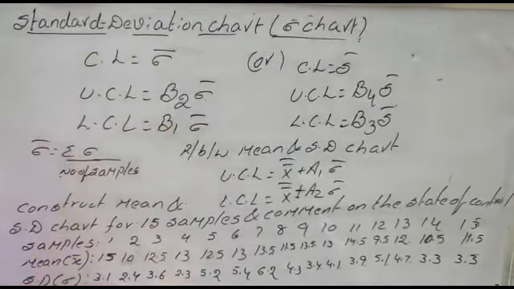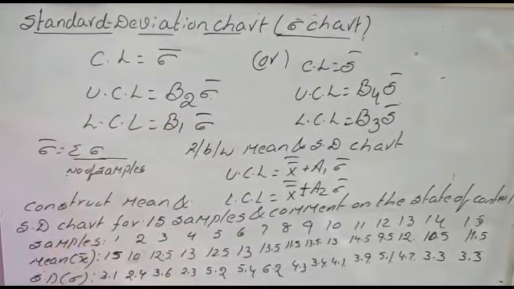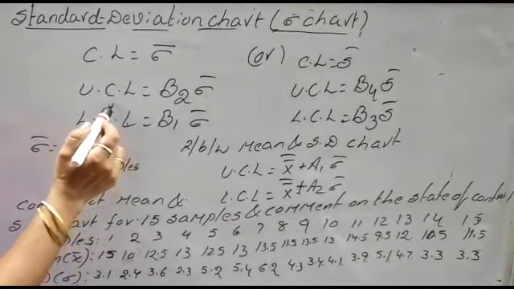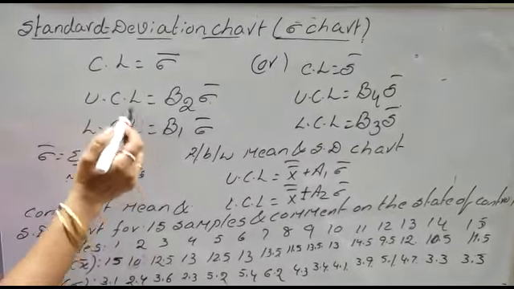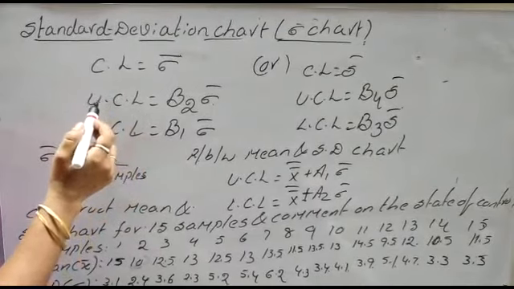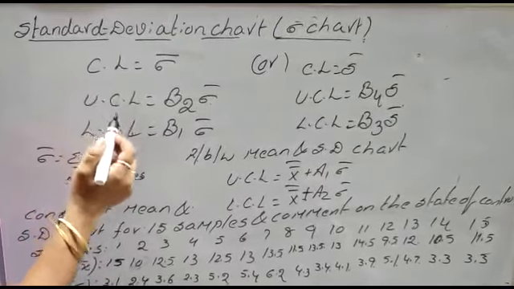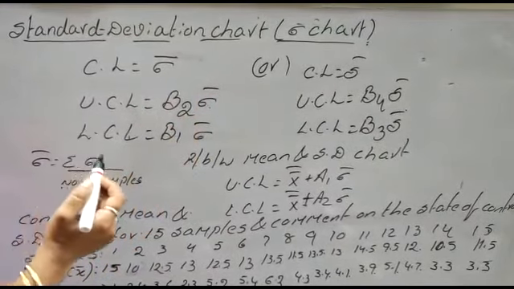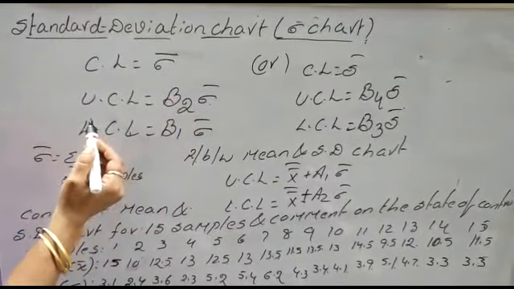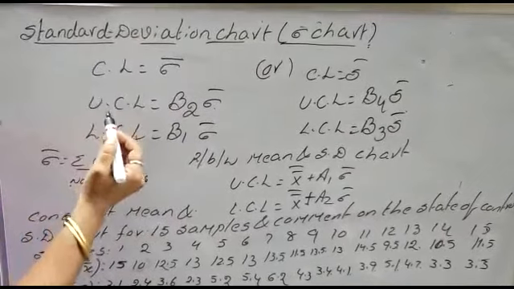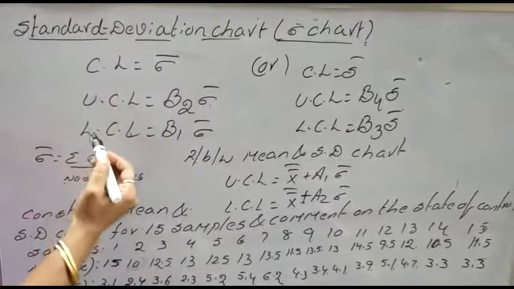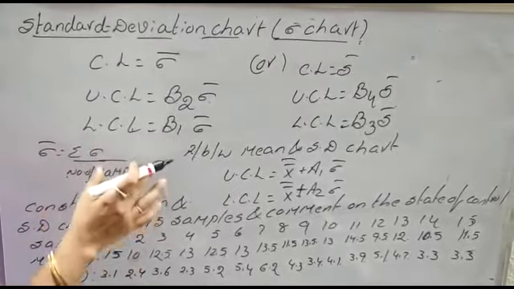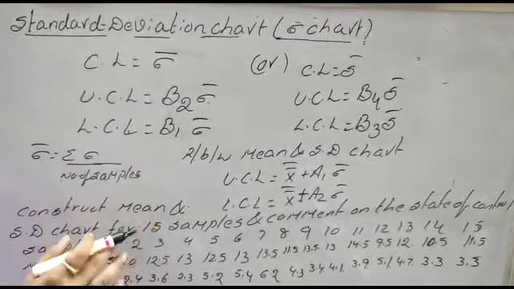There is a relation between the standard deviation chart and the range chart. The range chart is also useful for finding the quality dispersion of the product in the manufacturing process. But the range chart is applicable for small samples, that is less than 12, whereas the standard deviation chart is applicable for large samples, that is more than 12. We always construct control charts for the relation between either mean and range chart, or mean and standard deviation chart. Now here I am going to explain what a standard deviation chart is.